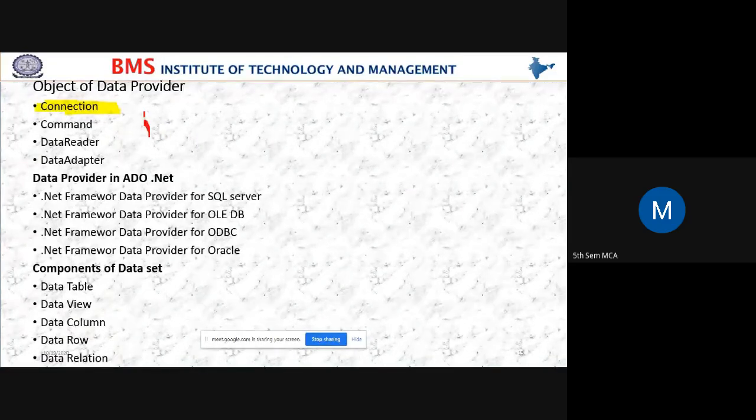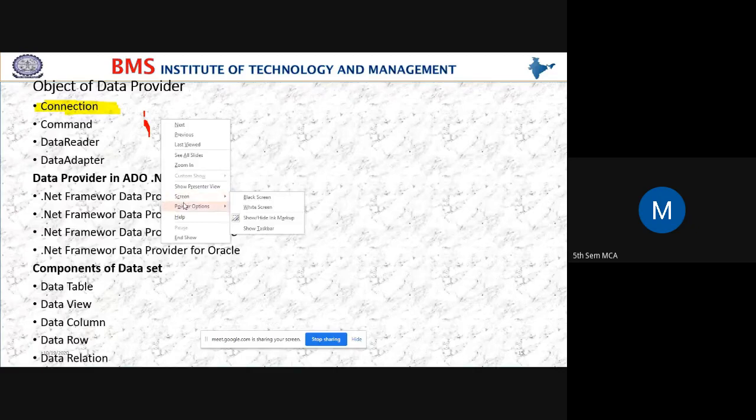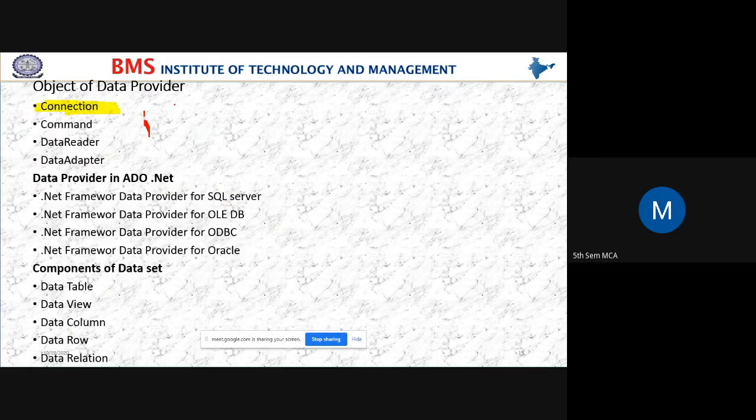Insert. Yes. Do you remember database, DBMS? What are the queries we have learned? Insert query, select query. Yes, students. Did you execute all these commands?